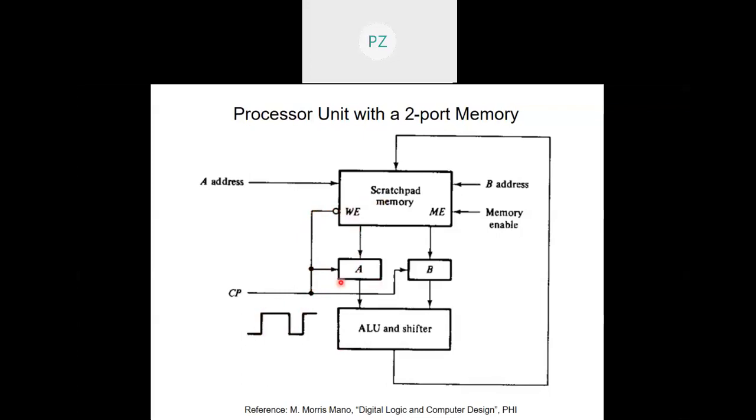Active high is meant for reading out of the scratchpad memory, and active low is meant for writing into the scratchpad memory. So they are out of phase in that sense. They are happening in a mutually exclusive fashion, right? When reading takes place, writing doesn't take place, and when writing takes place, reading doesn't take place. So that it is exclusive read and exclusive write mode, and not concurrent read and concurrent write mode, right? So that is how a two port memory helps, because data can be loaded into A and B in a single clock cycle.